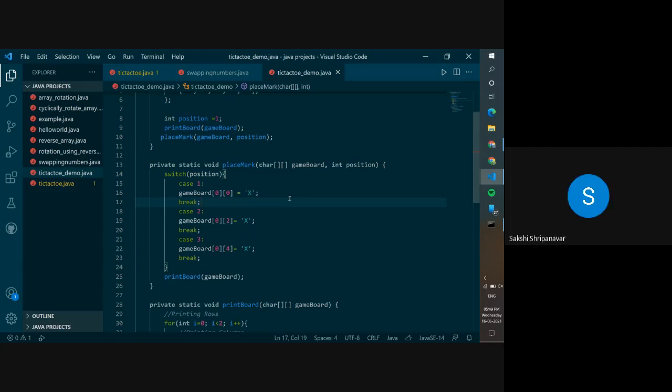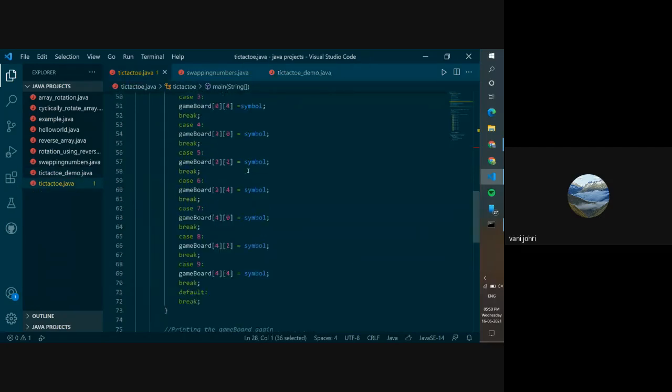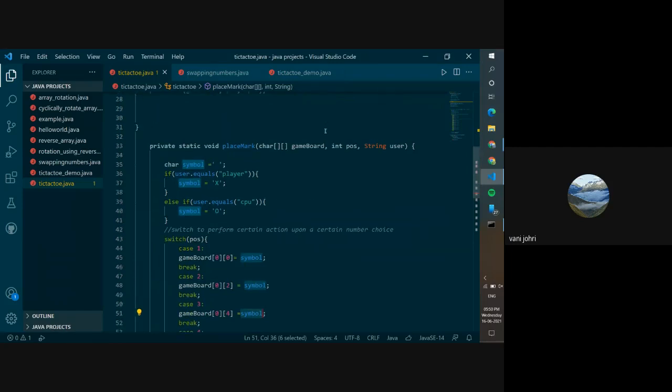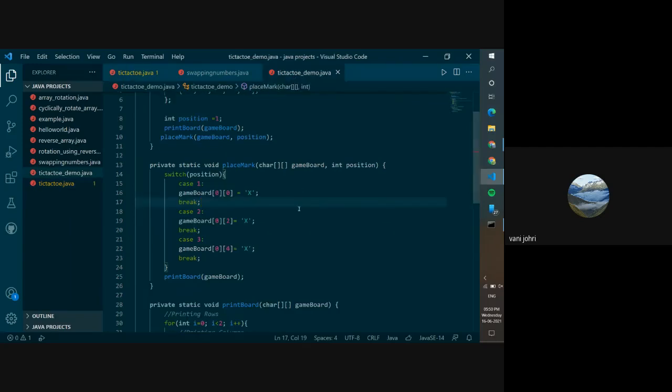Okay. In which case we are all going to print X. Yeah, right now we are just printing X. Afterwards, when you're done with this tomorrow, if you can look over here, I've written symbol, right? Because we're going to send a symbol. We're going to make it choose a symbol. If it is the player, it will print X. If it's the CPU, which is the computer, it will print O. So we are going to do that, but in the next step. Right now we're going to work on just printing an X. Yeah, so that is the next step.